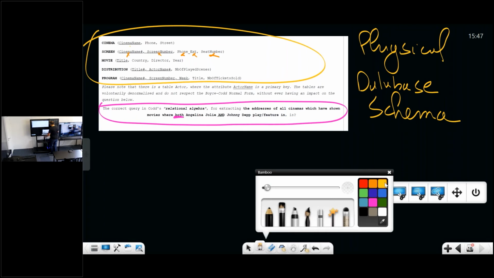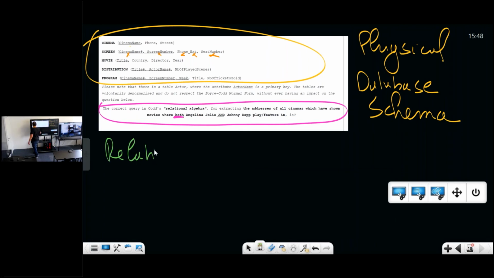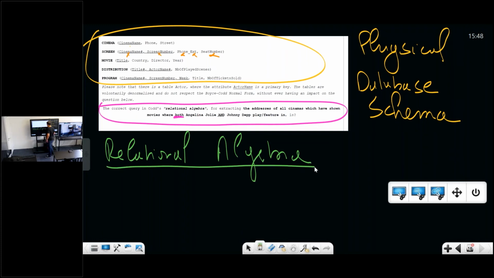Relational algebra, just for the sake of the explanation, is the theoretical, a proper mathematical algebra described by Ted Codd, who proposed the relational model. It's a mathematical description based on the set theory